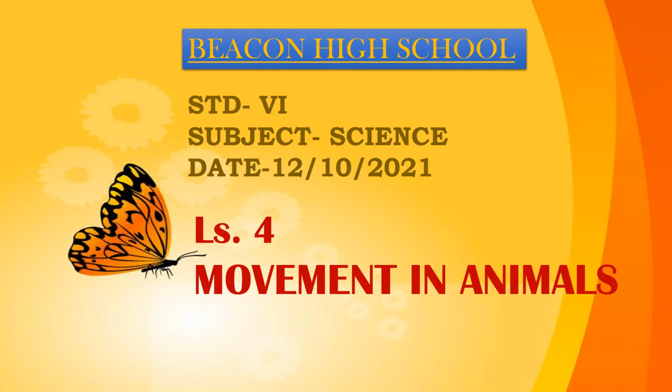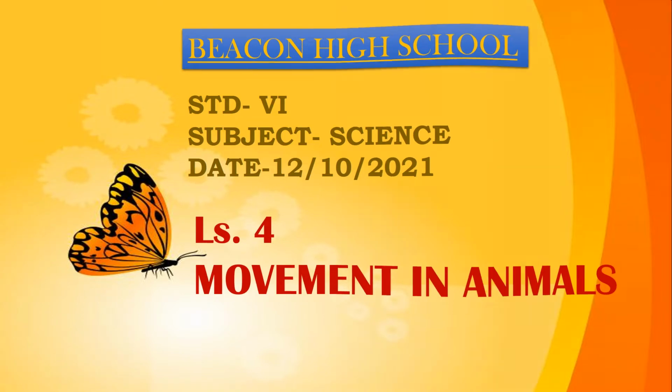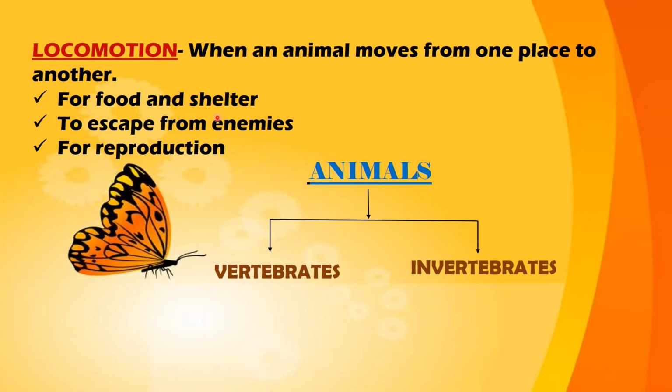Today we are going to learn about movement in animals. Animals show various kinds of movements like running, swimming, walking, flying, gliding, and creeping. Our body parts also move in different ways when we walk, sit, kneel down, or do some work. We move our fingers and hands. We also move our arms, neck, and legs every time.